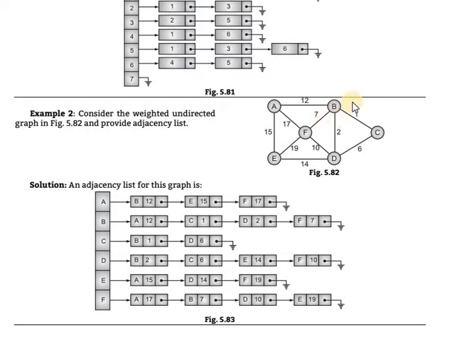Again, for B: A, F, D, C. How to write them? In any order: firstly A, B, D, C, or C, D, F, A, whatever. Then write A, C, D. Use alphabetical order, meaning after A, B, it is A, C, D, F. The D values are 2, 1, 7, 12, write them down. For C: B and D, with 1 and 6.